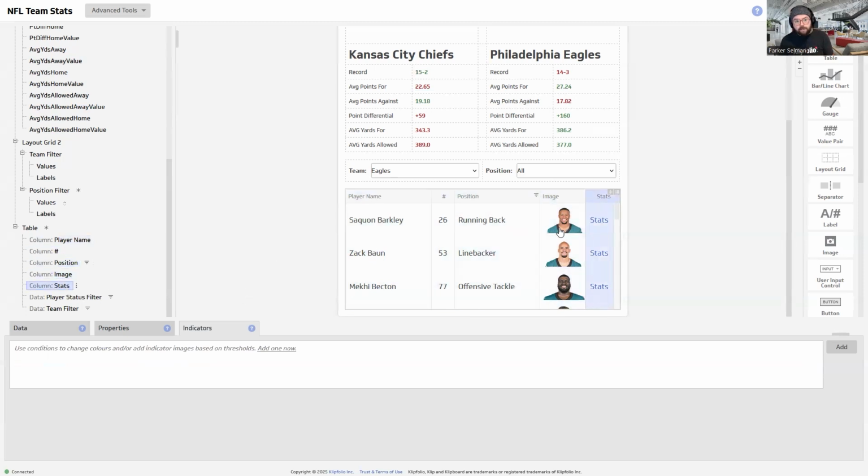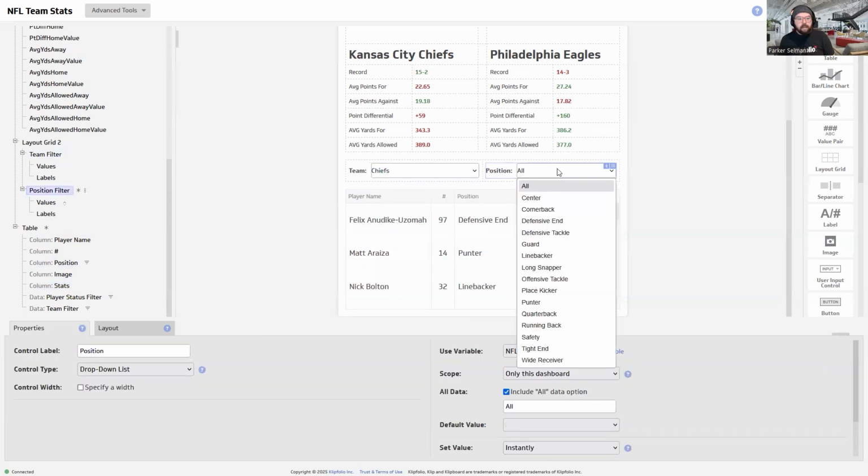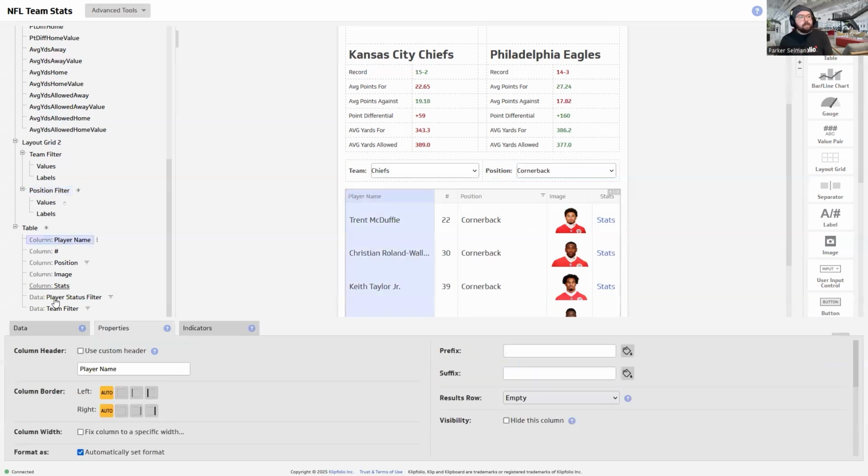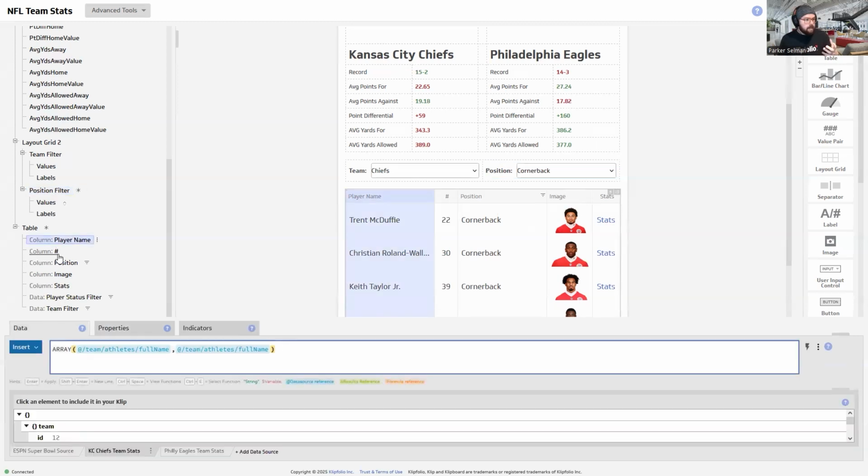And we have two filters set up that allow us to further filter this data, a team filter and a position filter, where we can look at all positions or dive deep into a specific position group. How we're able to do this is with a feature that we call hidden data elements. So in addition to including things like the player names and their numbers and their positions, we have hidden filters that aren't visible to the user, but are part of this table's core structure